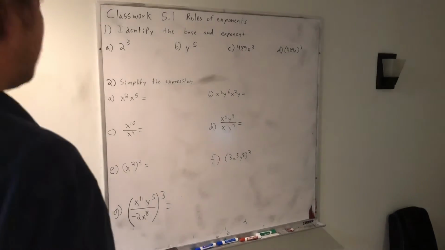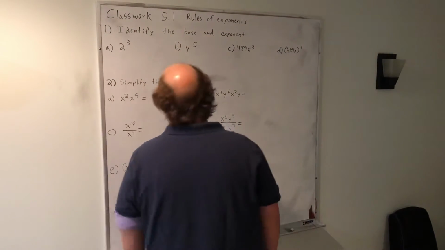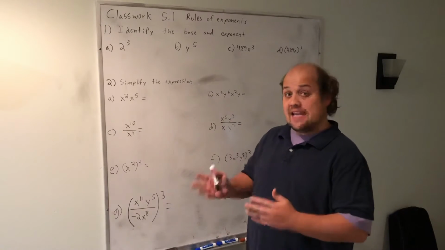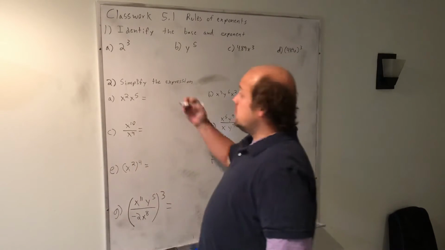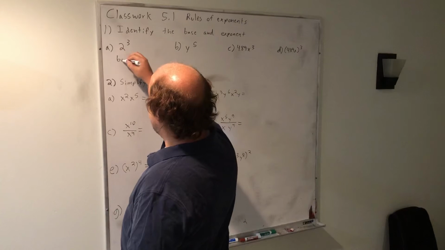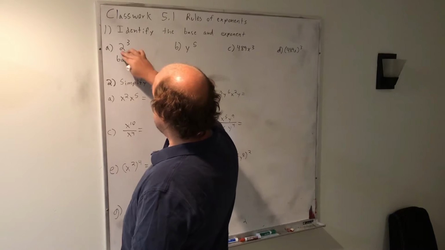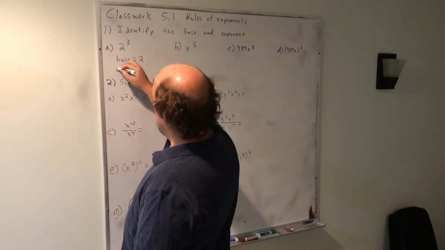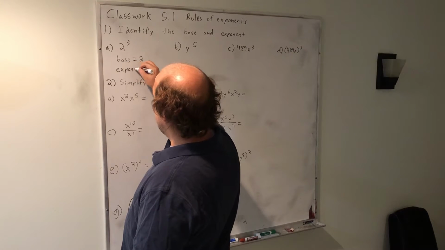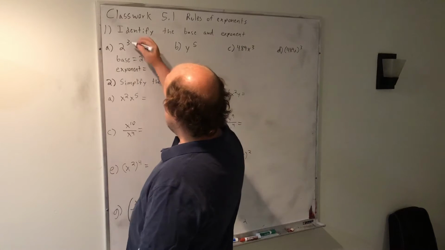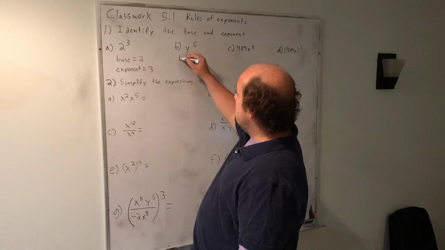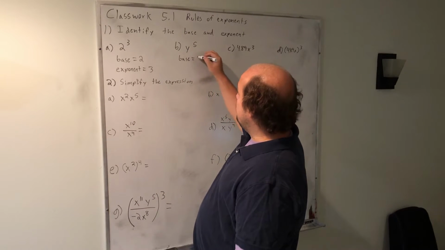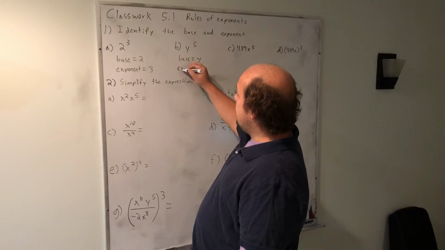When we're dealing with exponents, we want to identify the base as the thing being taken to a power, and the exponent as the power it's being taken to. So for part A, the base is 2, and the exponent is the power that 2 is being taken to, in this case the third power. For part B, the base would be y, and the exponent